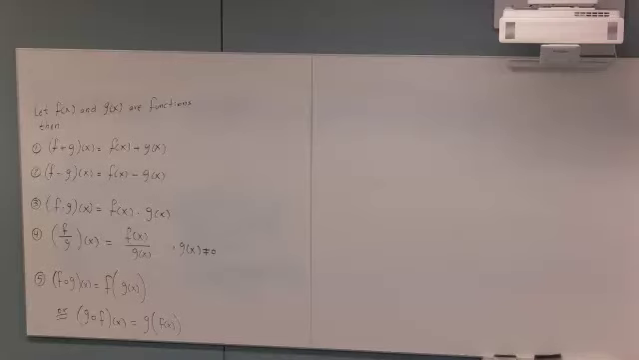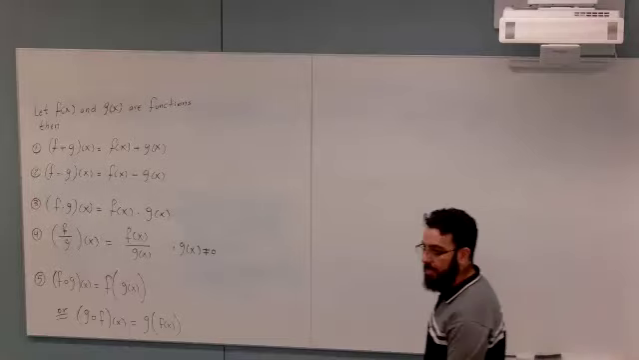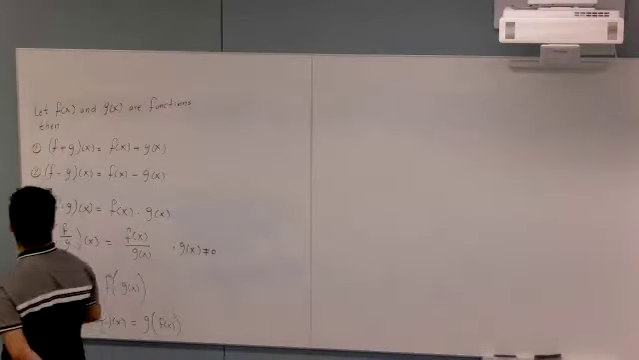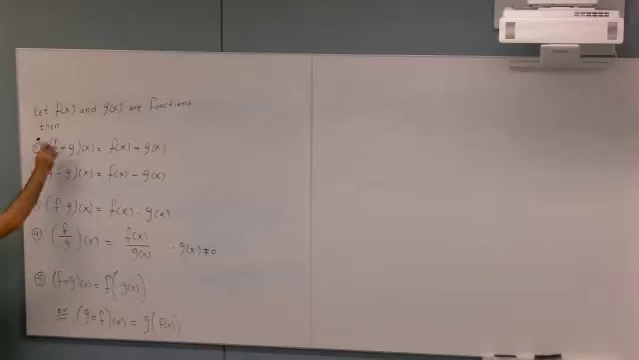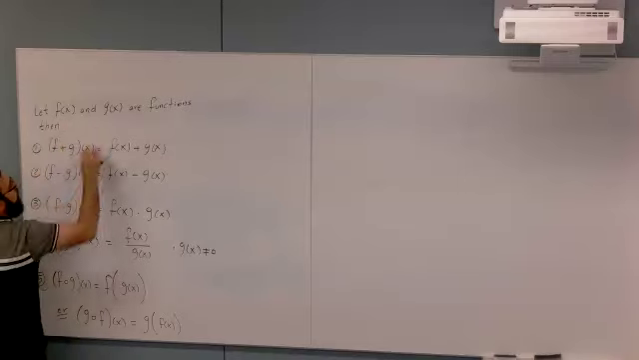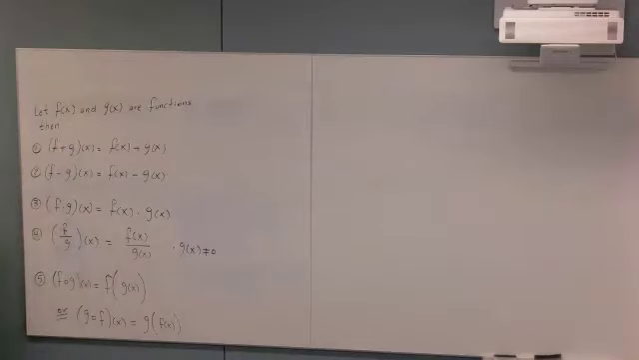So let's start with section 2.8. Let f of x and g of x be functions. Now, we're going to take the operation with the functions. The first one, if we add these two functions, how we're going to add it is going to be the